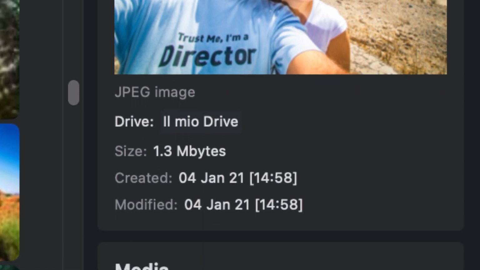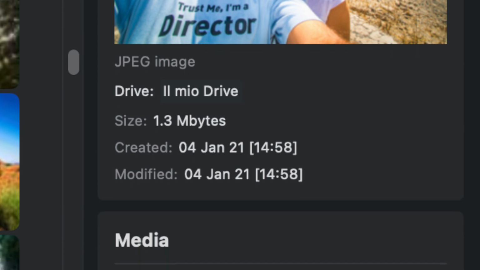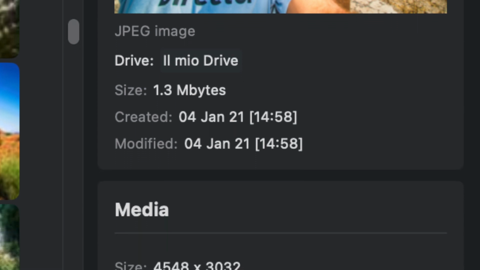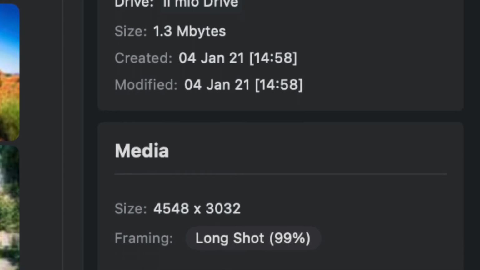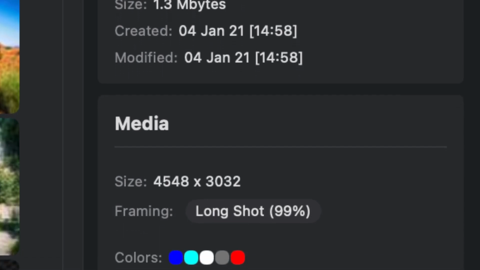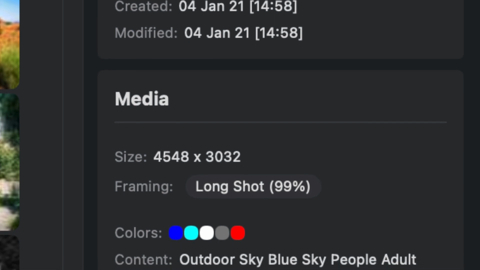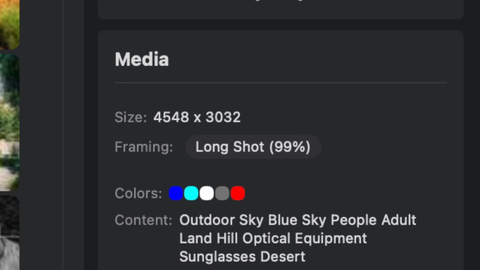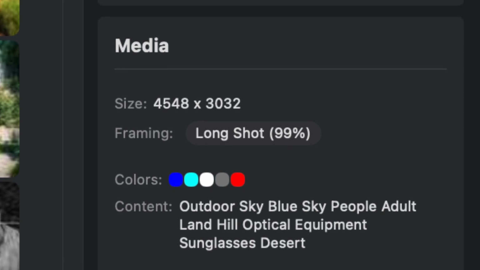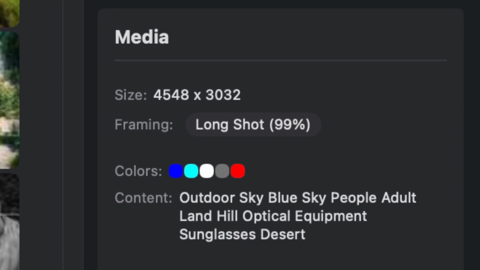Then it's the turn of the first artificial intelligence model. It scans the image and tries to find the subject of the image. It categorizes it using one of 1.1 thousand categories. Then there's another artificial intelligence model that tries to identify the shot, whether it's a close-up, a medium shot, or a wide shot, and then another function that identifies the dominant colors of the photo. This has been done for the photos and for the videos.